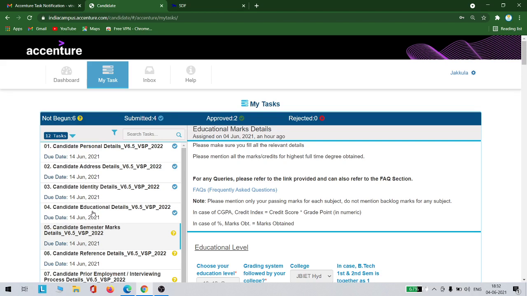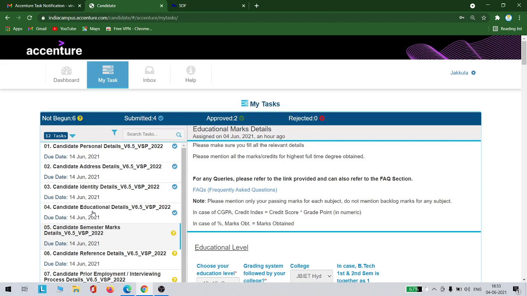While you're doing this fourth step, graduation, you will get a message like your marks are not correct, but do you want to continue or not. So they will give some messages. Like, graduation semester 1 college does not match with document uploaded. Declaration: I hereby confirm that I am aware of the file being uploaded not fulfilling the desired criteria. However, I would like to proceed further with the file uploaded or information provided. You have to click agree and continue.